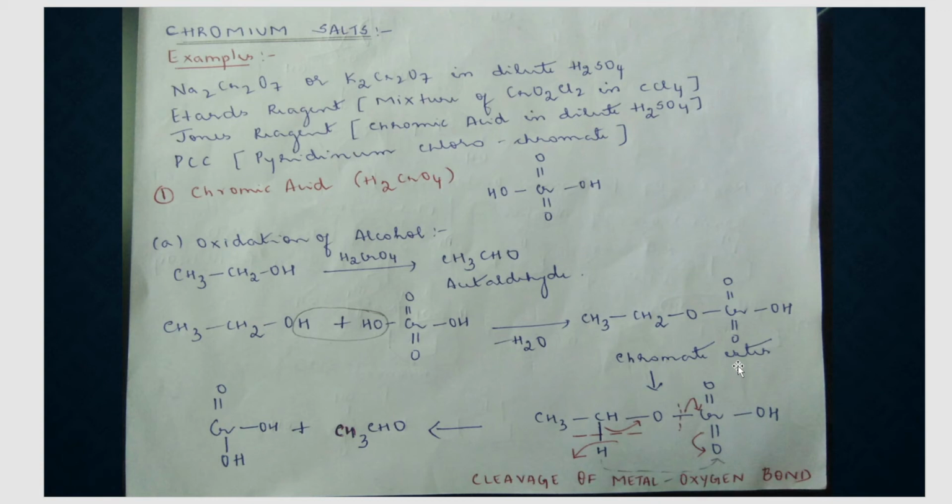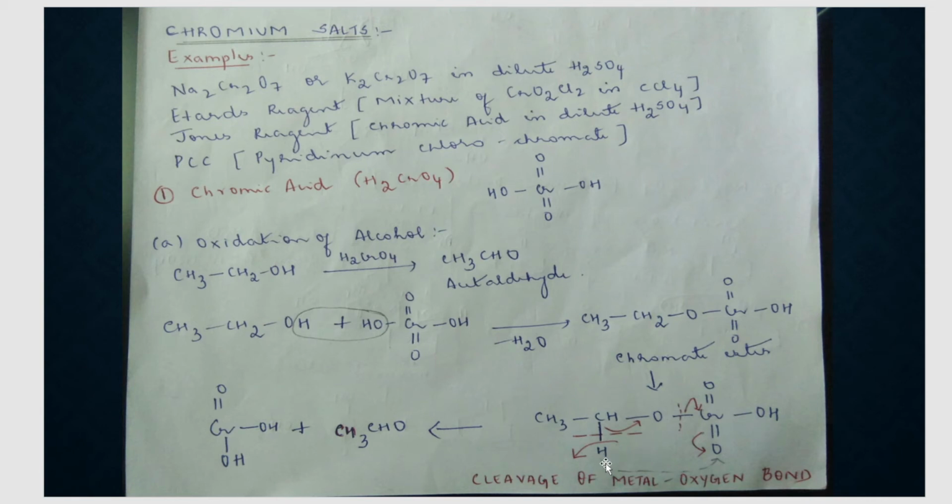Now, what do we want? We want to get an aldehyde. Now, look here at how you can make an aldehyde from this. In order to get an aldehyde, you want this bond to be broken, correct? So we will break it. In the next step, you can see CH3CH2 was there. I've just written it as C bond H, so that it is easy for you to understand: O, Cr, double bond O, OH. Now, where are we going to break the bond?